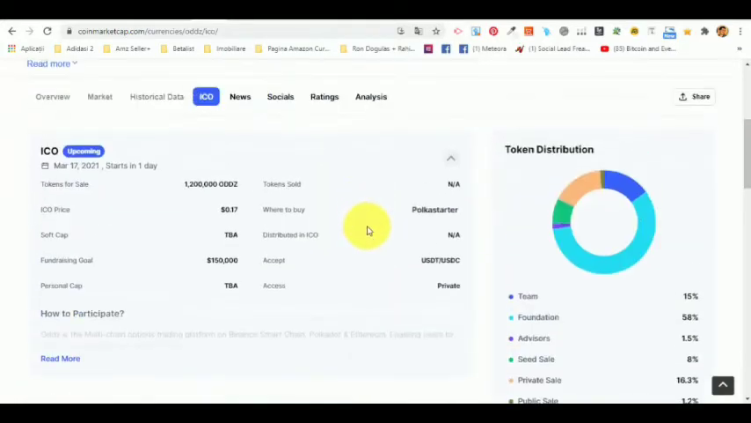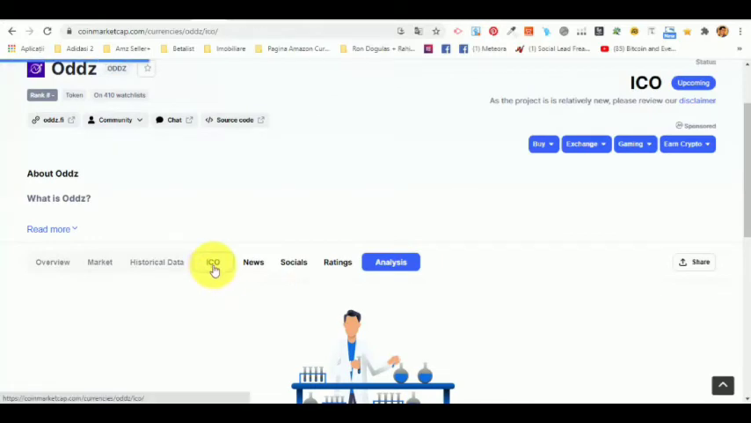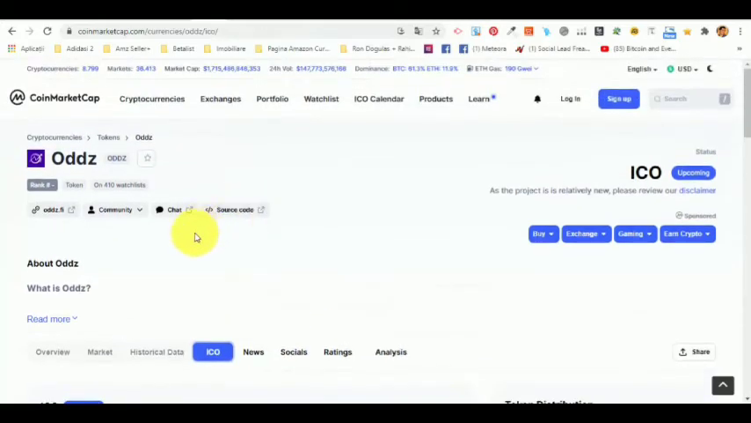And that's the information about the statistics. And then you have news, social, ratings, analysis. Okay, you also have an analysis here. We don't have this data yet for this ICO. And another thing that you can do is go ahead and check their website. Okay, you can see that they have a website here,